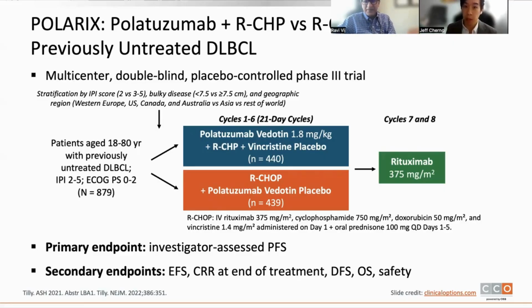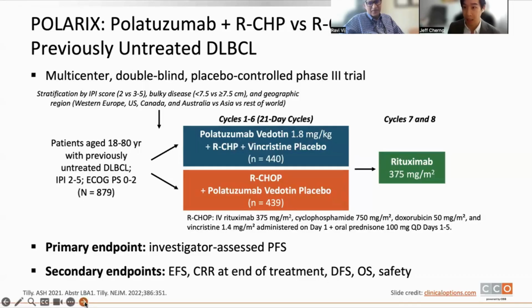And this ultimately randomized patients between classical R-CHOP for 6 cycles, followed by 2 cycles of rituximab alone, versus the replacement of the vincristine, vinca alkaloid, with polatuzumab vedotin, which is an antibody drug conjugate that targets CD79B and has a monomethyl auristatin E